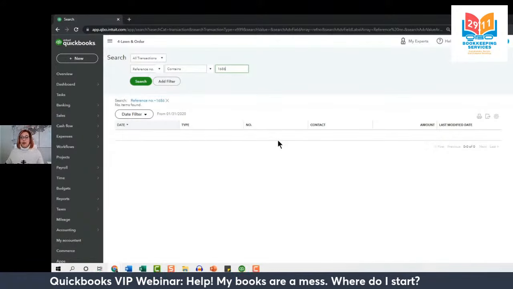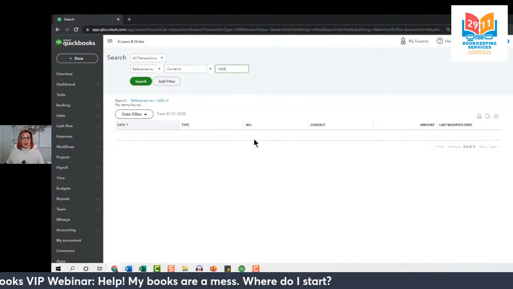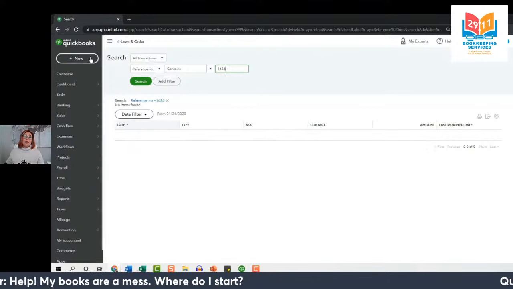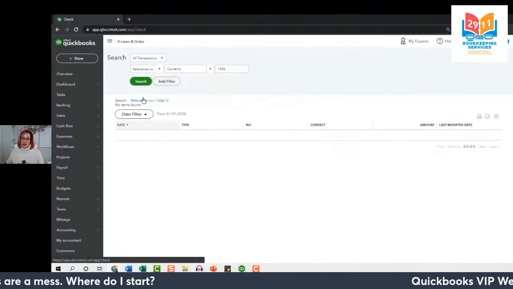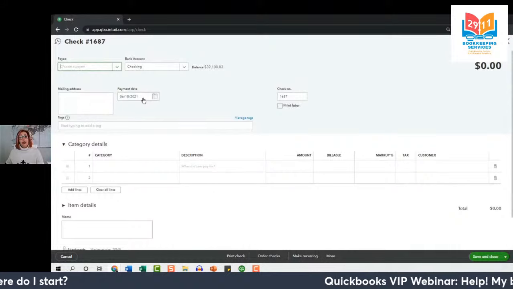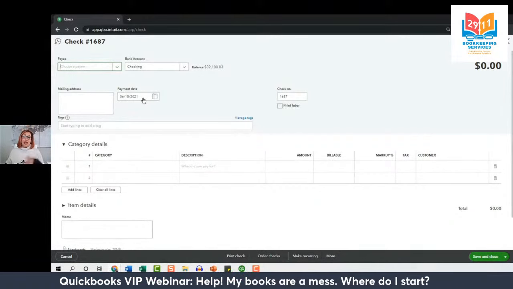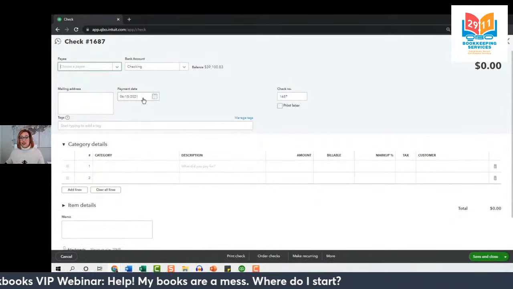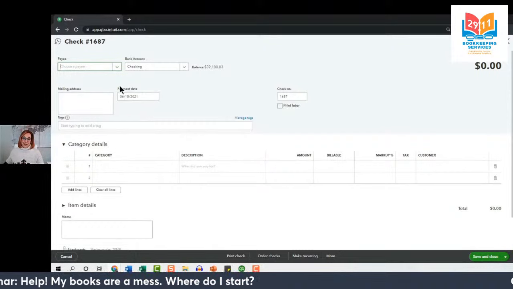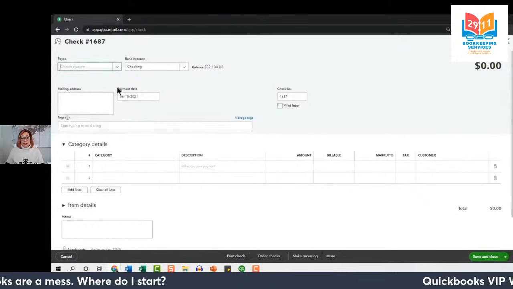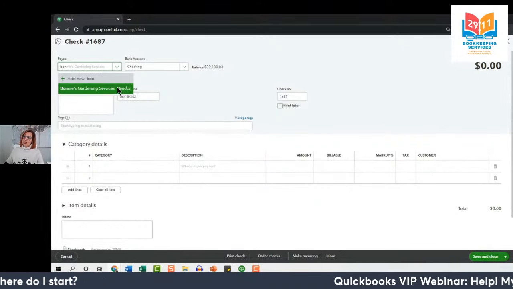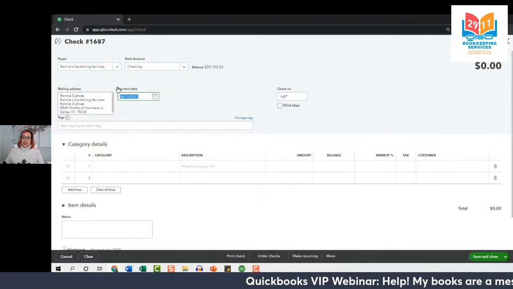I checked my real-world source documents, and it actually did occur. So let's select to re-record here a new check transaction. Now, we're just going to copy the information according to how that transaction happened in the real world. Look at the bank statement, look at the real world image of the check that you have, and copy it all into QuickBooks. So the payee for this transaction here was Bonnie's Gardening Services, came from the checking account.